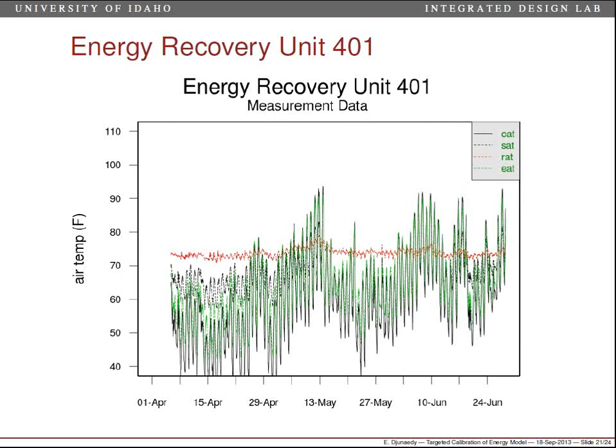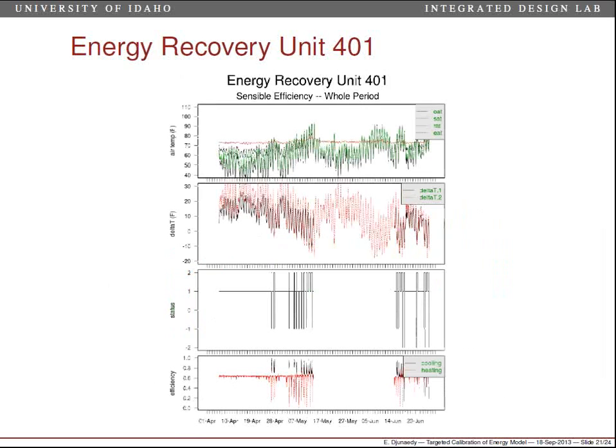All right, and the next possible culprit for the discrepancy is the energy recovery unit. Of course, in the simulation, every single unit has a heat recovery unit, and it all works perfectly all the time. And that's why I think the energy consumption becomes much lower, because it works perfectly, which is not the case. So we went there and logged from April to end of June. I think it's still logging, but I haven't